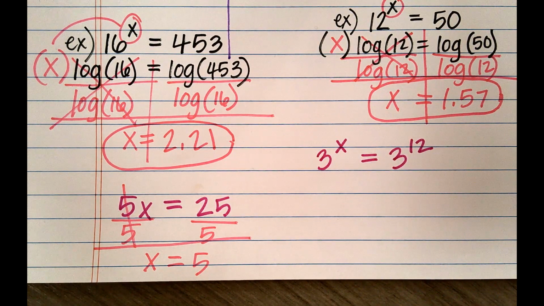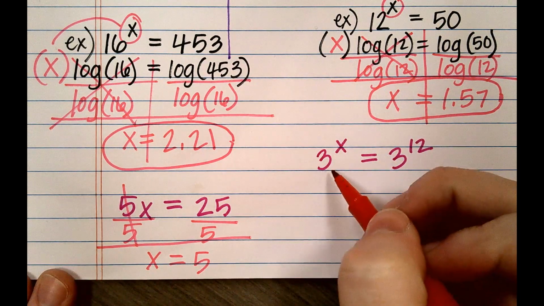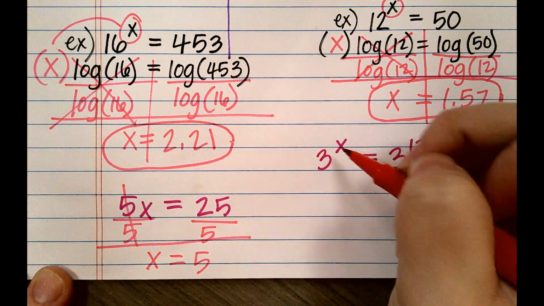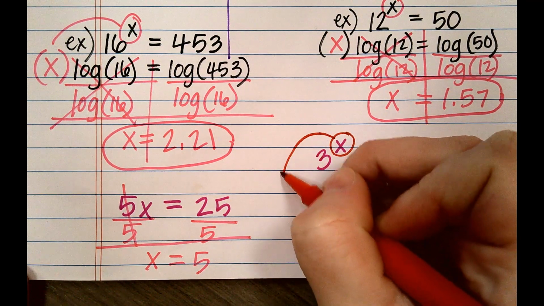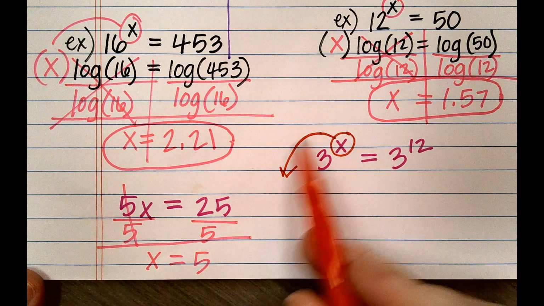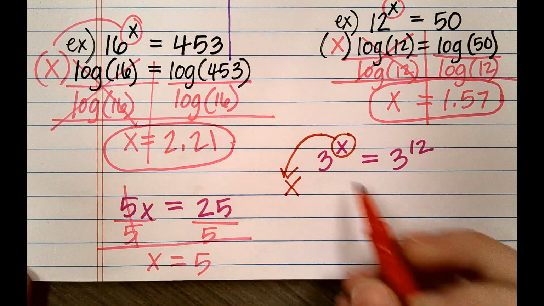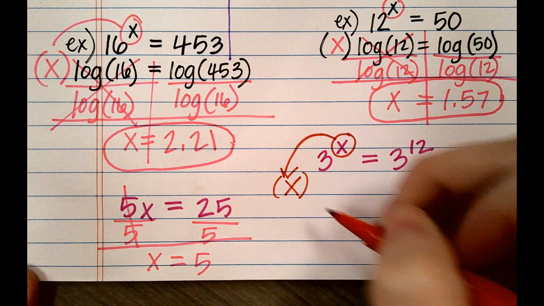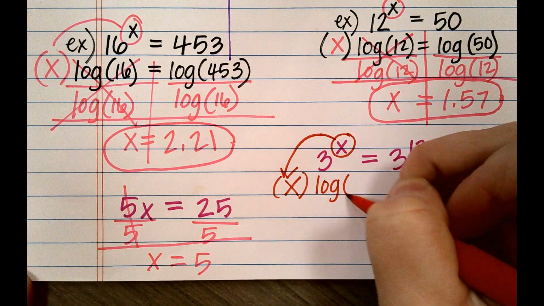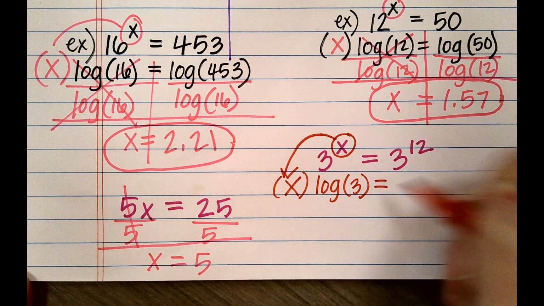So let's see if this works to give us x equals 12. Here's how we would do it. Let's take the log of both sides and see what happens. When we take logs of both sides, remember the exponent comes out to the front. So x comes to the front, and then we're doing log of 3, right? Equals